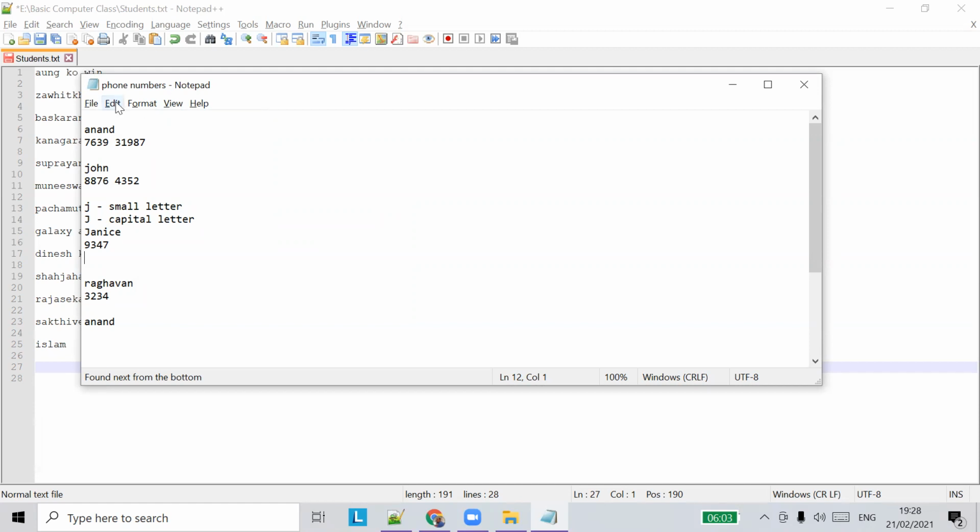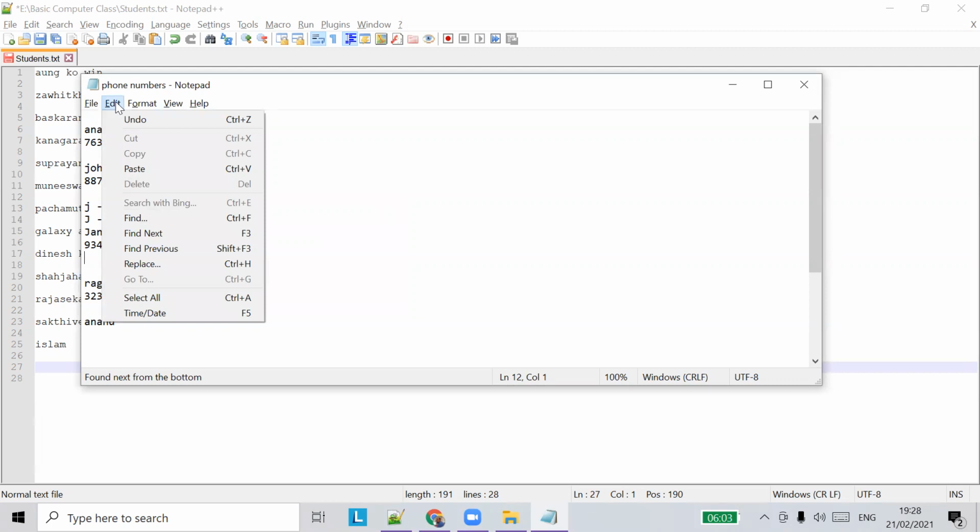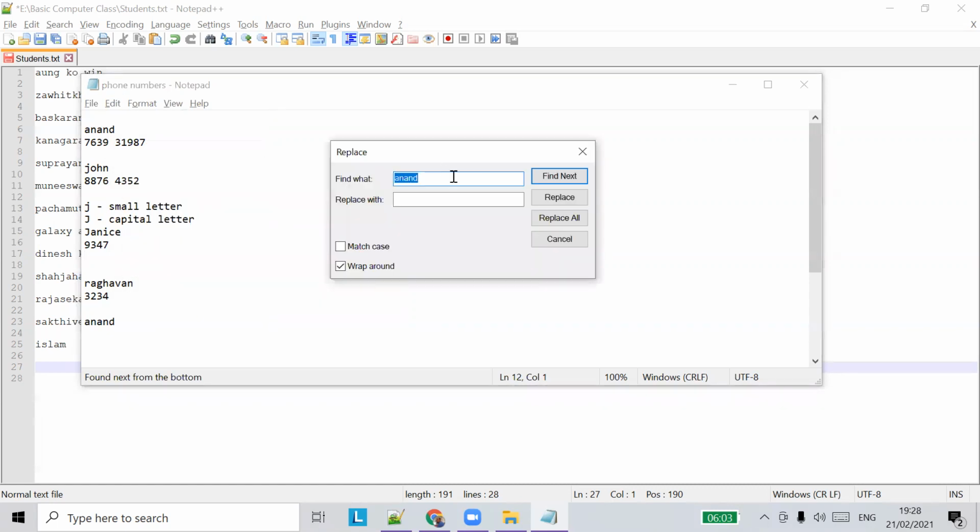Okay, so there is another option called find and replace. Under edit, go to replace, and it will have two locations. Let's say I want to replace Anand with my name, Robert.